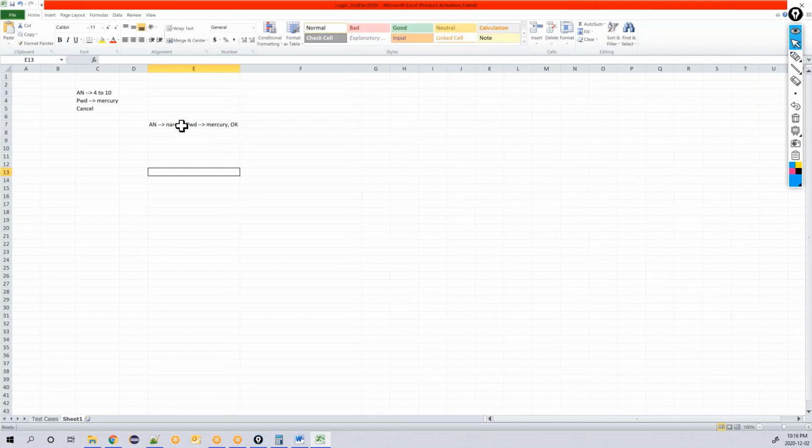So here I am writing a positive case where agent name is correct, which is Naresh, password is correct, which is Mercury, and then click on OK. This is your positive case. Then I'll click on the cancel button. That's also positive. These are positive cases.